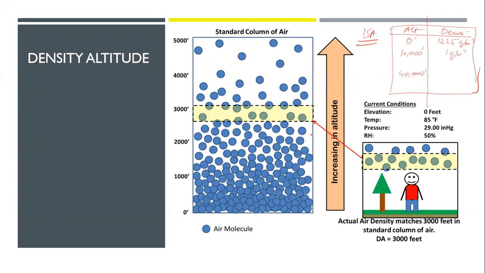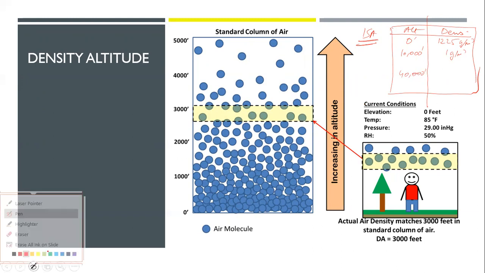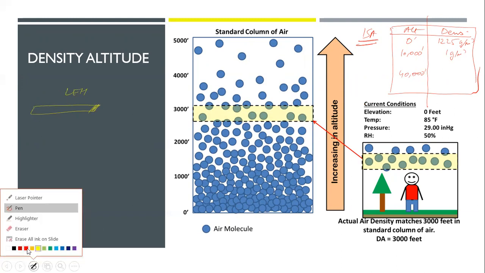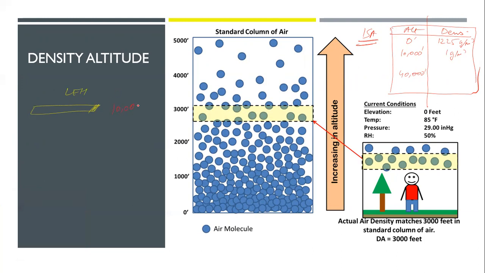Now what I'm trying to explain is, suppose we are at Leh airport. Leh airport is already at 10,000 feet. Let's say this is the altitude, this is above MSL. If it's at 10,000 feet already, and today we have very hot air, really hot air outside, that means the density will reduce. Okay, the density has reduced.